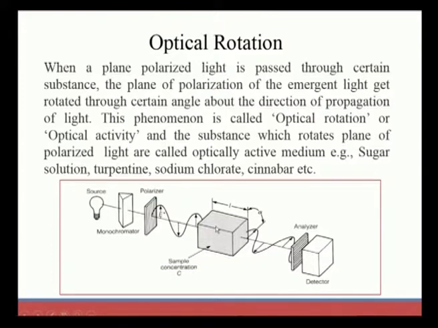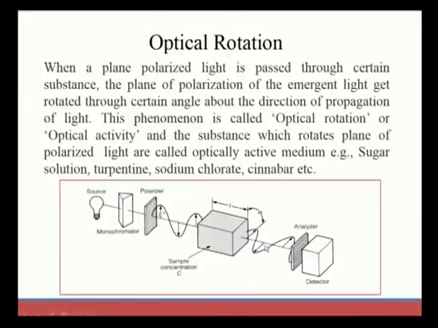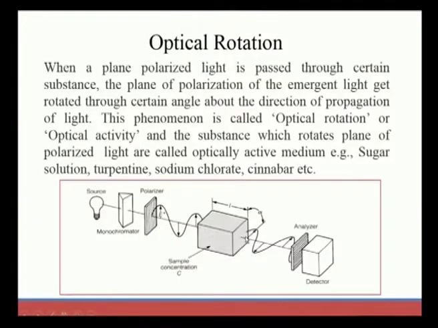When it is again fed to a certain substance, we get a linearly polarized wave again, but at a different angle, that is, the plane of polarization is rotated by a certain angle. Compared to the earlier polarized light, the plane is entirely different. The plane of polarization is now tilted at an angle of alpha.